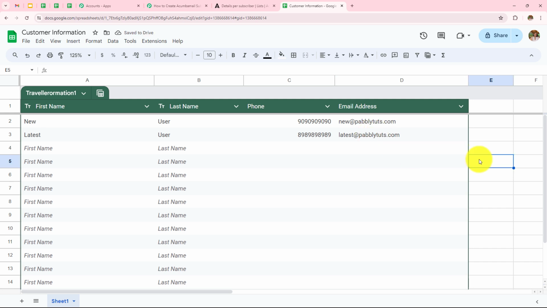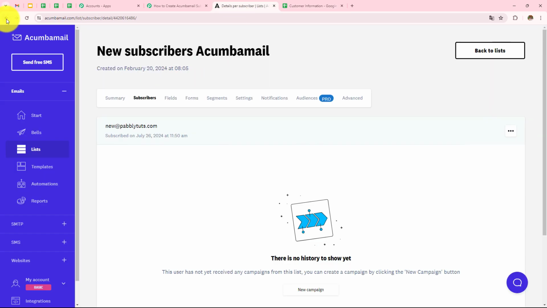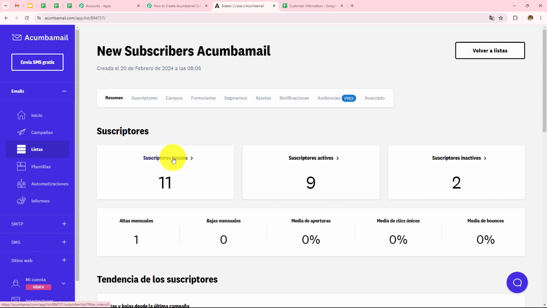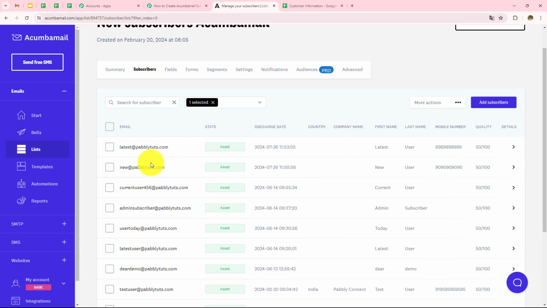So now we need to go to our Akumba Mail account and check whether this latest subscriber has been created or not. So over here, let's go back, open this list. And over here, you can see we have created this subscriber also. The email address was latest@pablitudes.com. Name was latest, last name was user, and the mobile number was this.